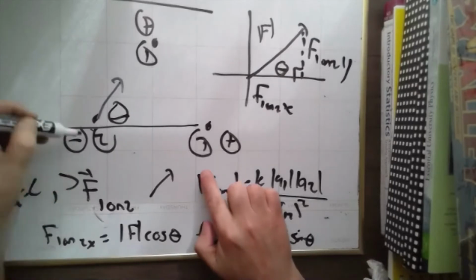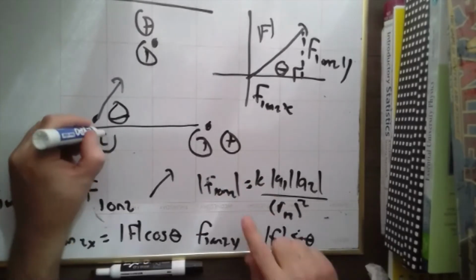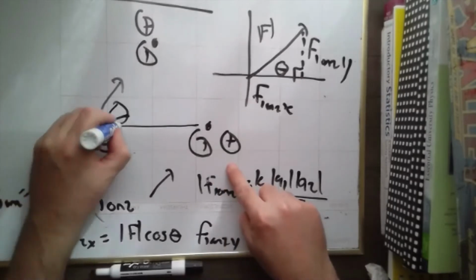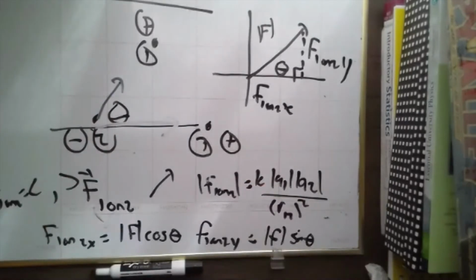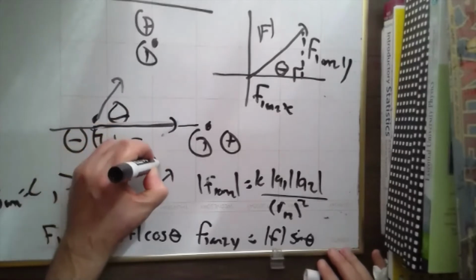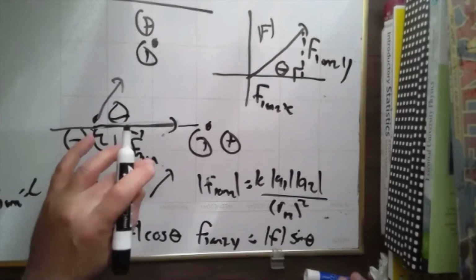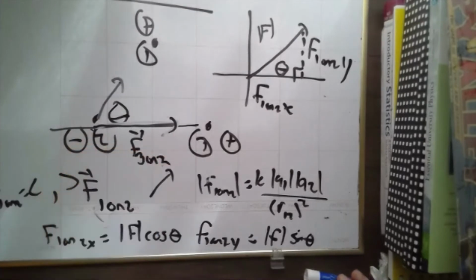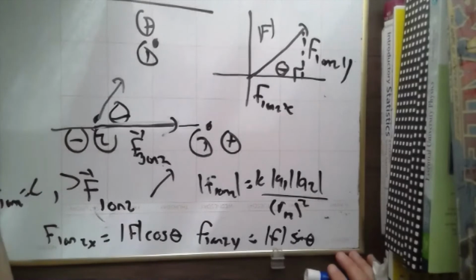3 is also pulling on 2, so there would be another vector. These are unlike charges, so they attract. He would pull straight along here. So this would be the vector 3 pulling on 2. We're only worried about what's happening to charge 2. That is, from our picture here, straight along the x-axis. That would have magnitude